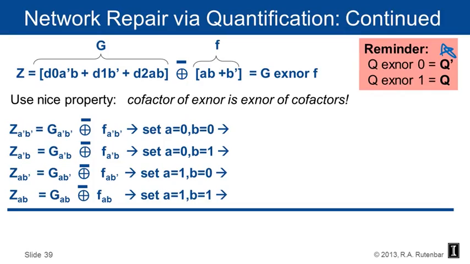So in other words, I don't have to do this horrible XNOR and make this terrible big expression and then go cofactor it. I can go cofactor it first. If I cofactor it first, life is ever so much easier. Then all I have to do is in the G function and in the F function, I have to set the A's and the B's to all 4 possible constant values. So if I set the A to 0 and the B to 0,